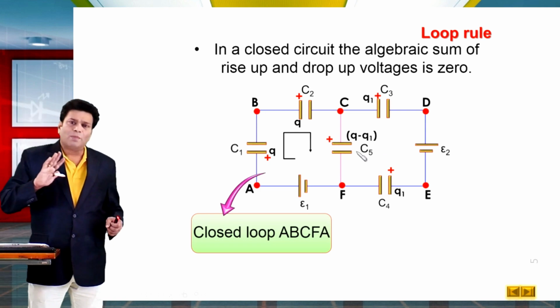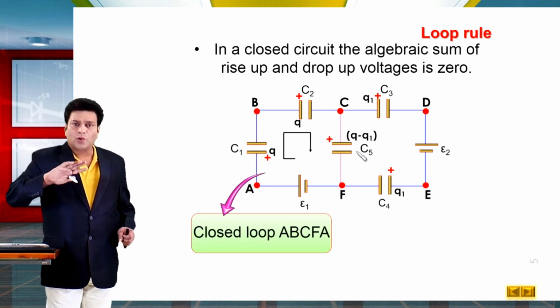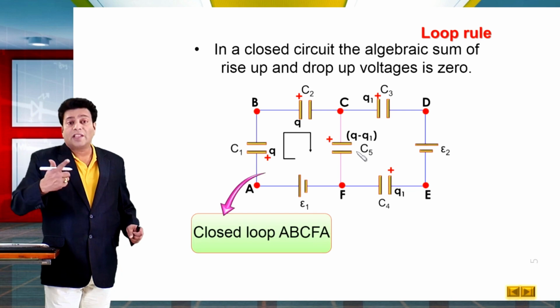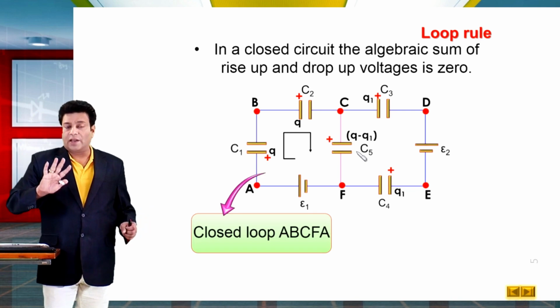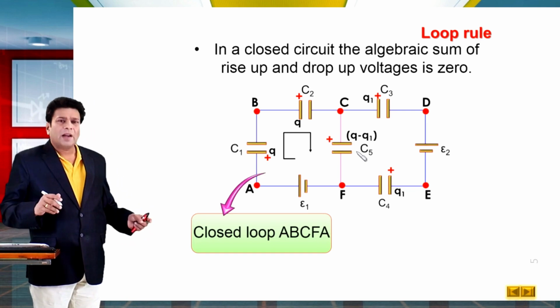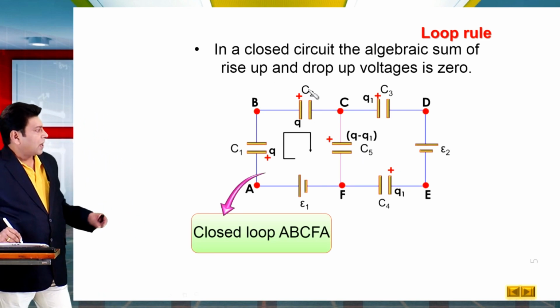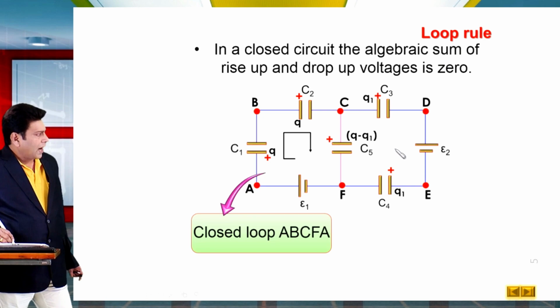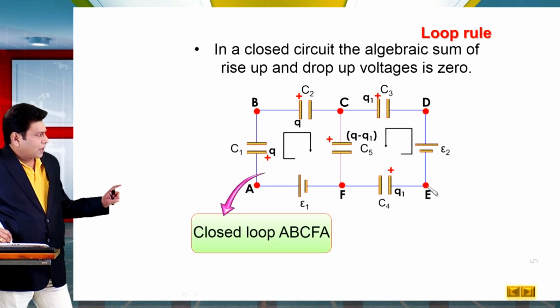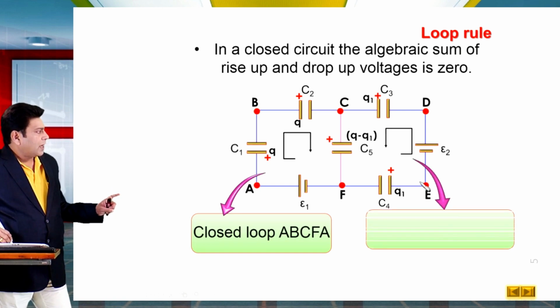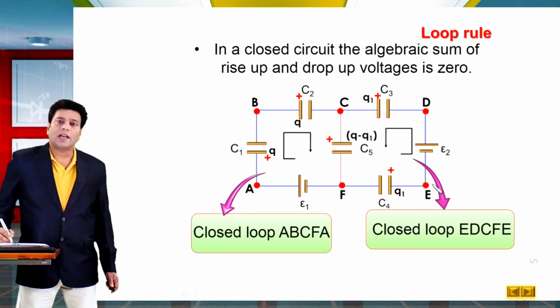It is not compulsory that in any closed loop we should move in a clockwise or anti-clockwise fashion. We can move in any direction. So here let us move in this closed loop in the anti-clockwise sense like this, and let us start from this point, from E. So we can write this closed loop as E, B, C, F and E. So these are the closed loops.